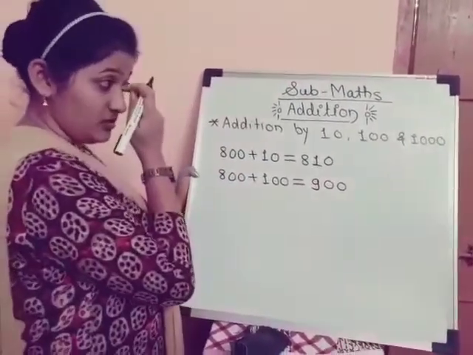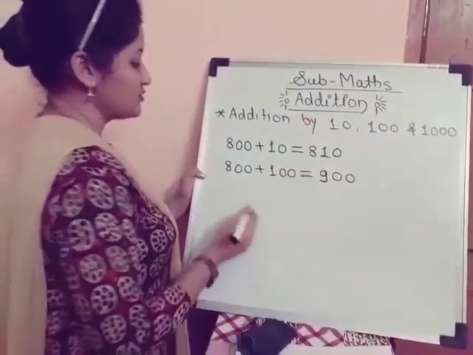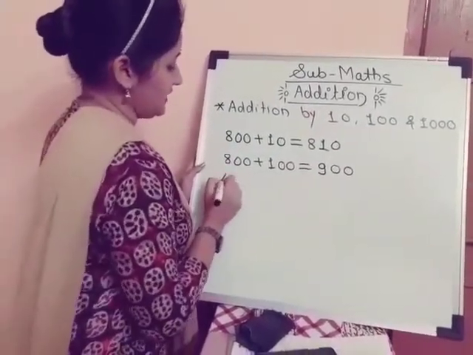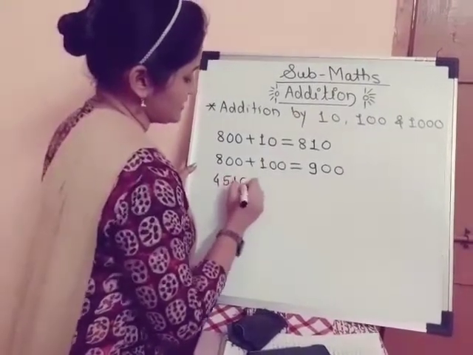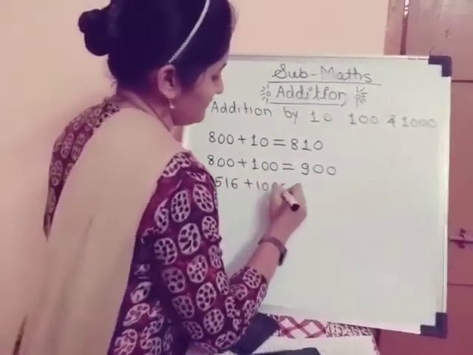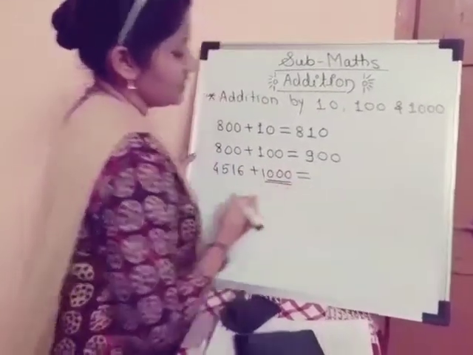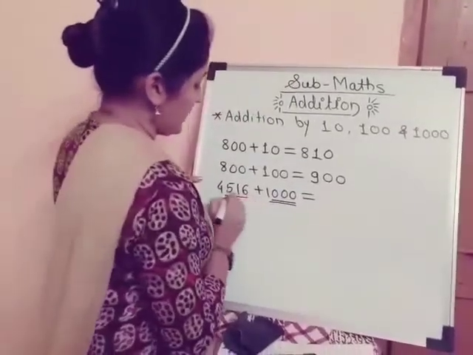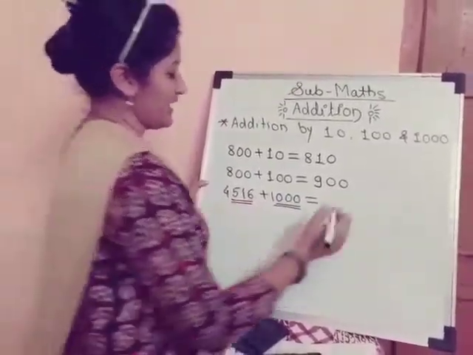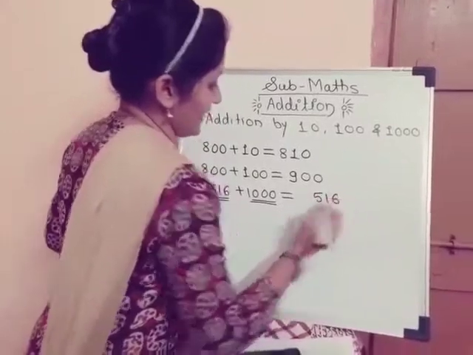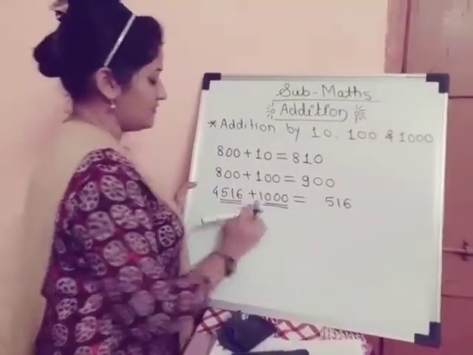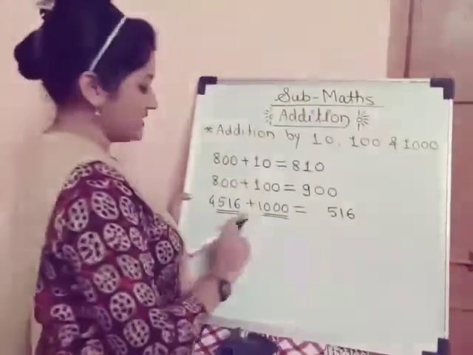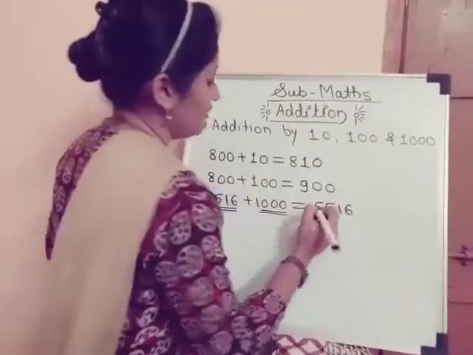The next is addition by 1000. If you have a number like 4516 plus 1000. So if you are doing the addition by 1000, you have to write the last 3 digits of the given number as it is, that is 5, 1 and 6, and you just have to add 1 to the digit at thousands place. So 4 plus 1 is equal to 5. So answer is